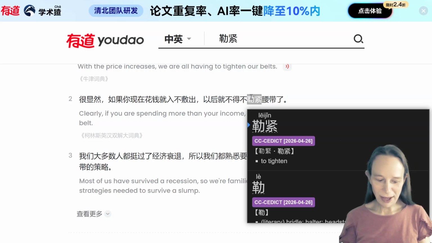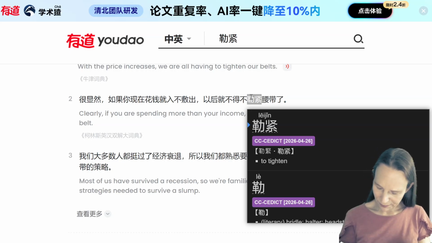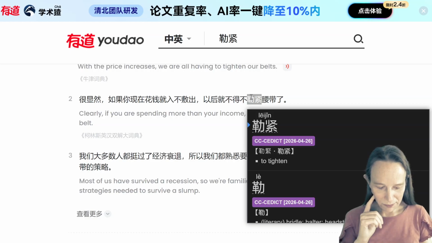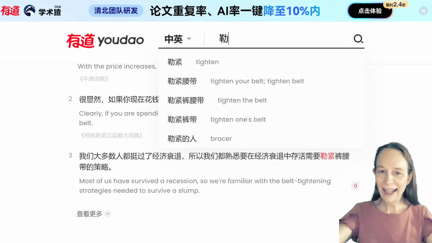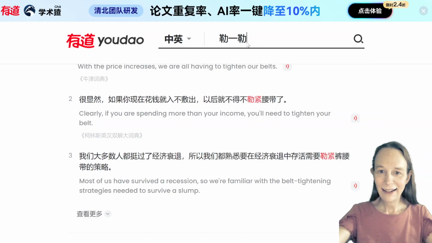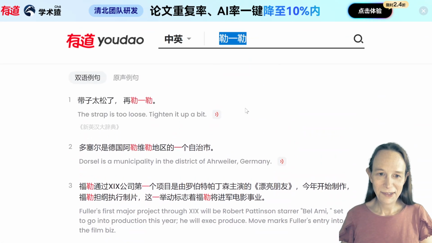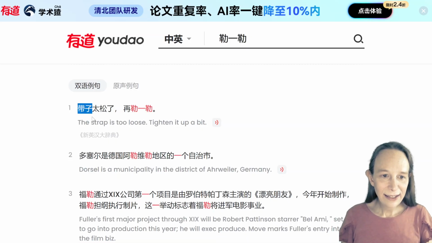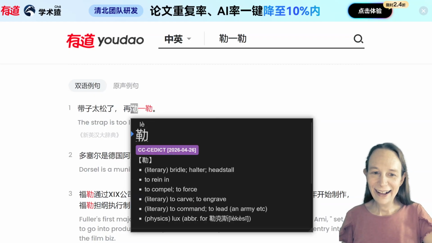So tighten your belt. And 包裹没捆好，得勒一勒。带子太松了，再勒一勒。